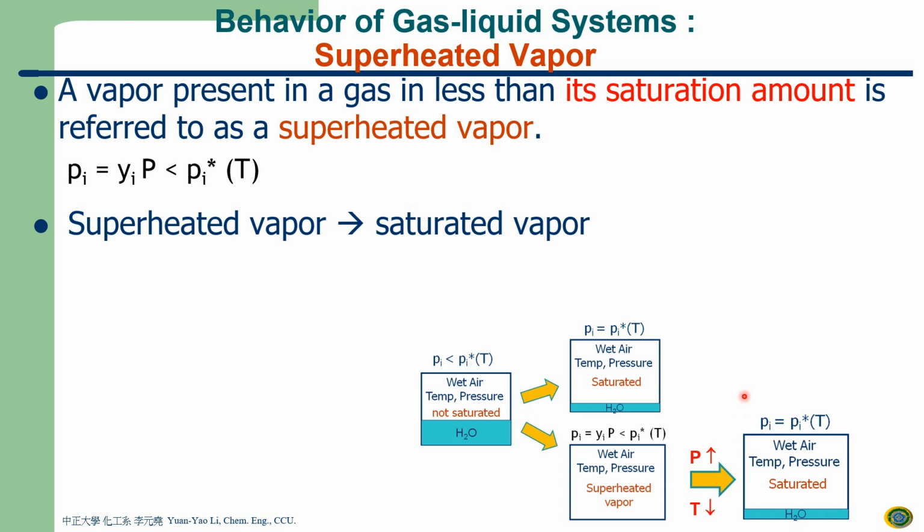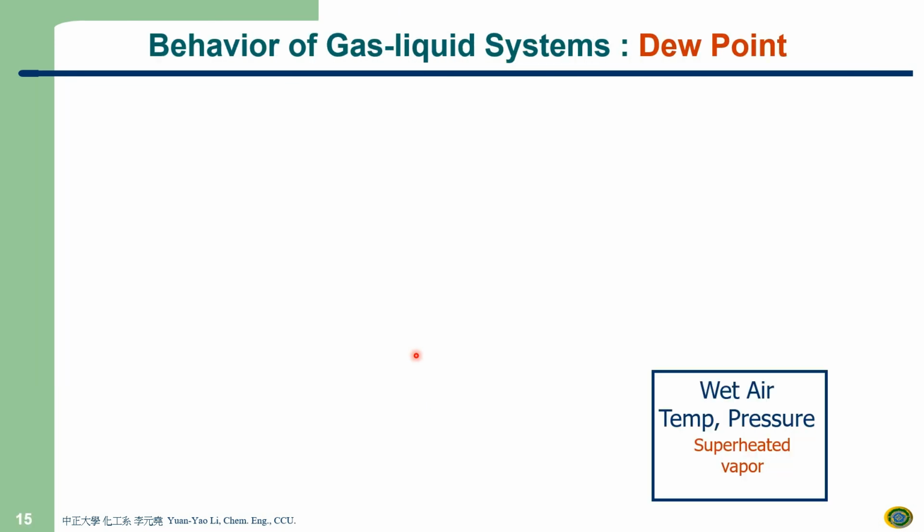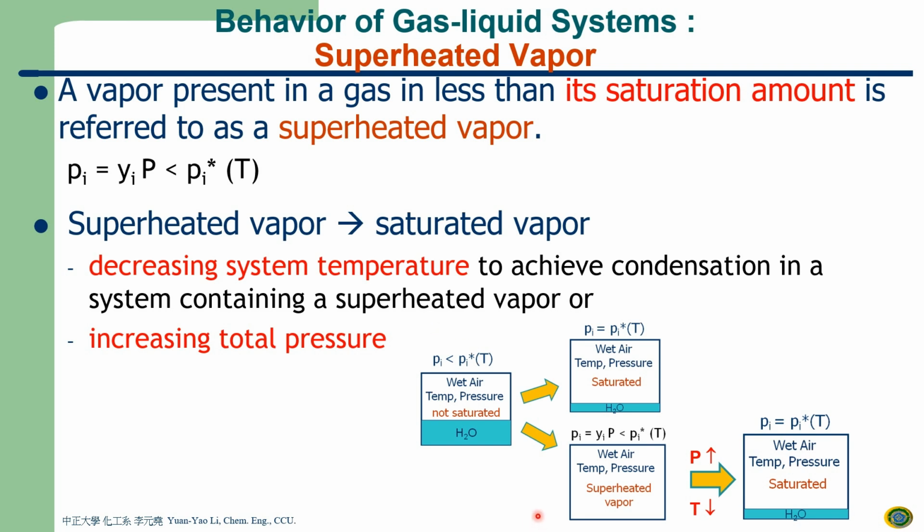Temperature and pressure. Okay? So you can decrease the system vapor temperature to achieve the condensation in a system containing a superheated vapor, or you can increase the total pressure. Remember, there is a piston in a container. Increase the pressure or increase the temperature. Right. So imagine if we decrease the temperature or increase the pressure, if the start point to have a liquid,